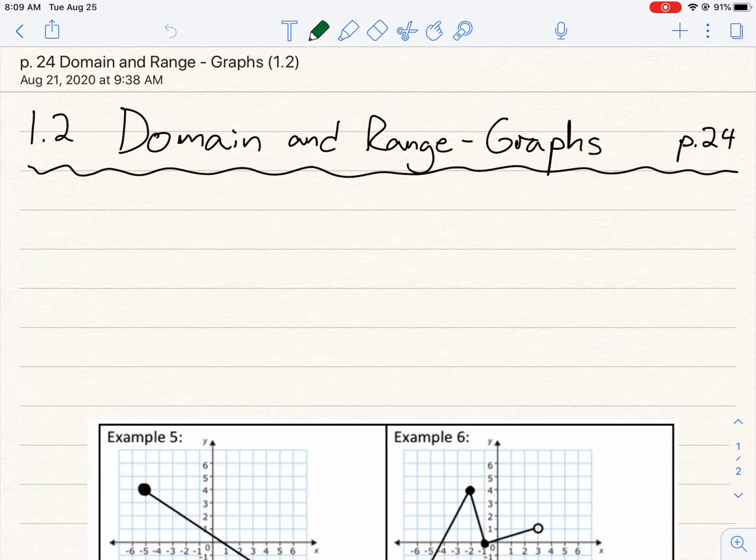Hello and welcome to our notes on domain and range from graphs. In our previous lesson, we looked at domain and range from different sets of coordinate points, from a table, from a mapping diagram. And the very last example did introduce the concept of finding domain and range from a graph. So as far as we're concerned here, domain